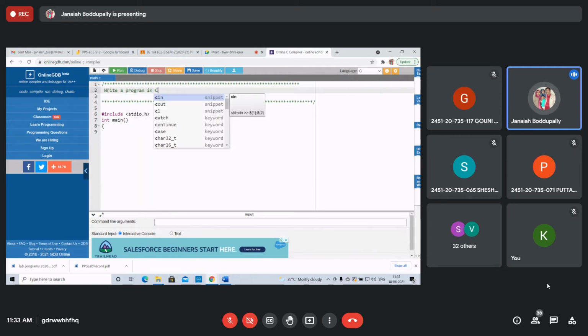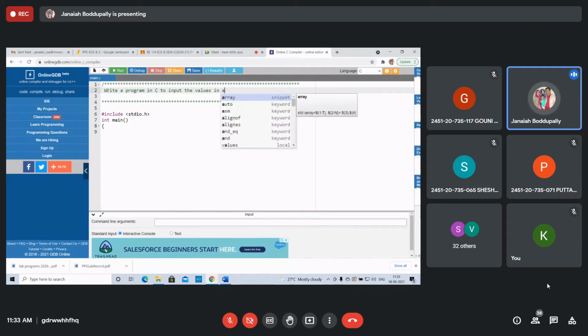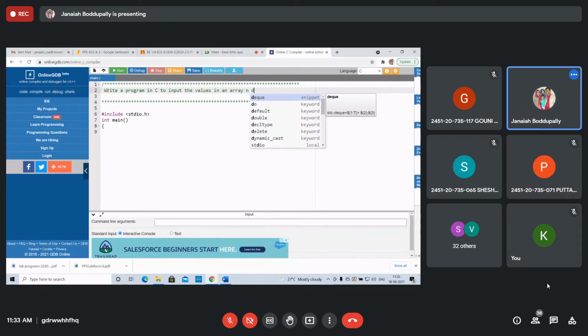Write a program in C to input the values in an array and display the array elements.